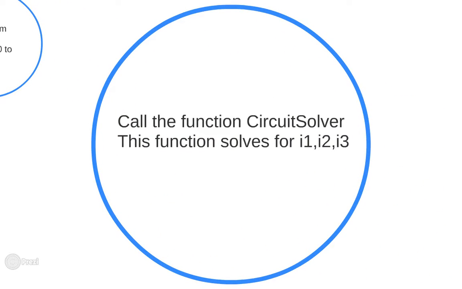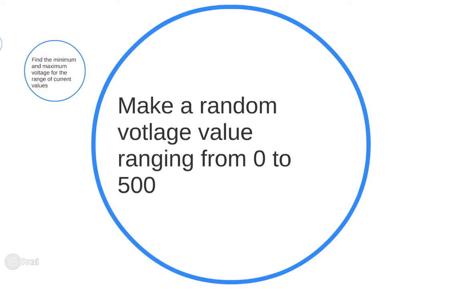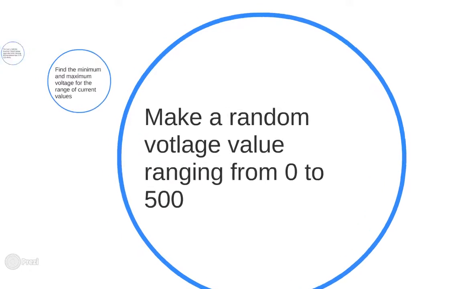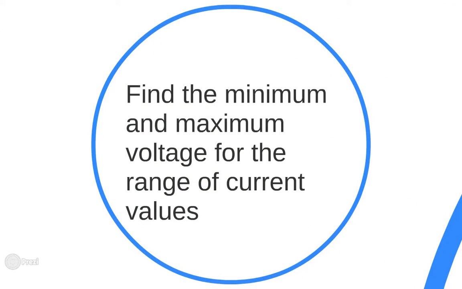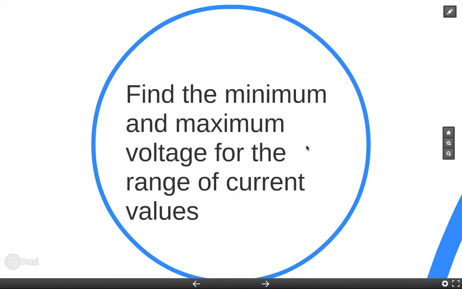I will explain in a minute what it does, but basically it solves for I1, I2, and I3. Now this is task 2. Make random voltage values ranging from 0 to 500, in increments of 0.1. Using that, we find the minimum and maximum voltage in that vector by restricting the current between 0 and 1